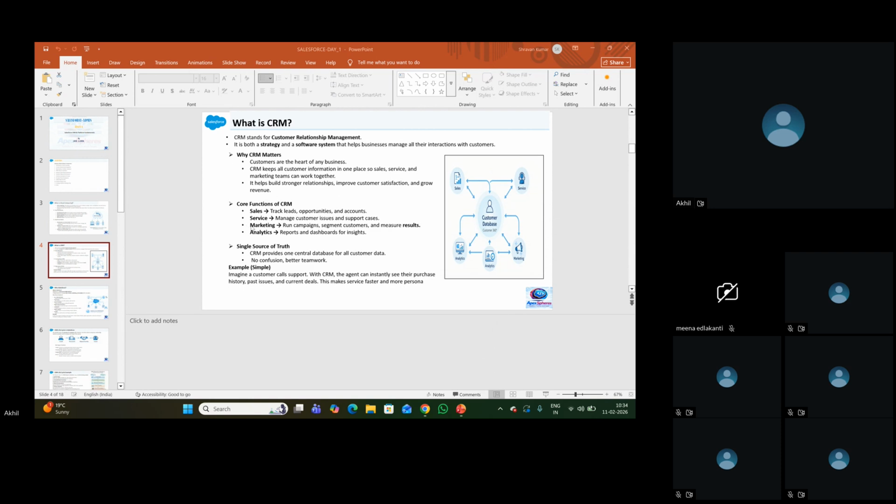So for that we have Marketing Cloud in Salesforce. It starts with Marketing Cloud first. Salesforce starts with Marketing Cloud. With the help of Marketing Cloud, we'll conduct some campaigns. Campaigns are like offline marketing or social media marketing. We'll use the marketing feature in Salesforce to market and promote our application.